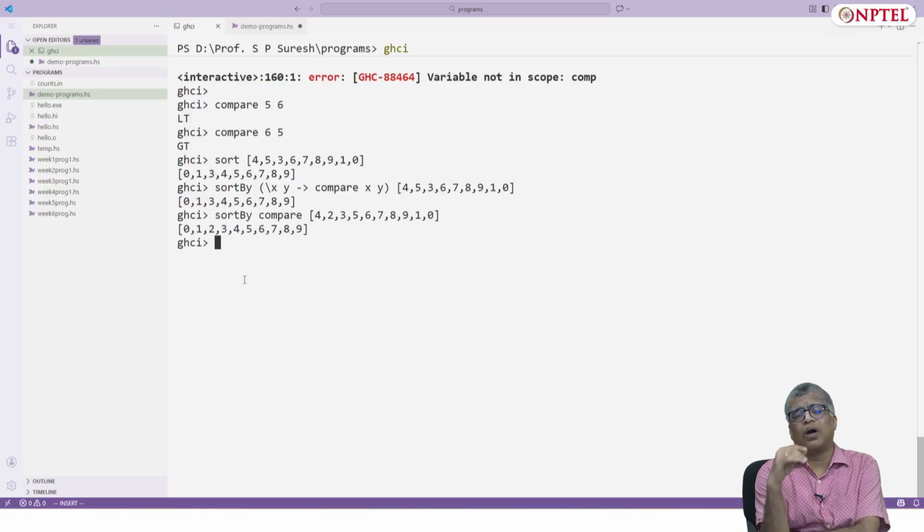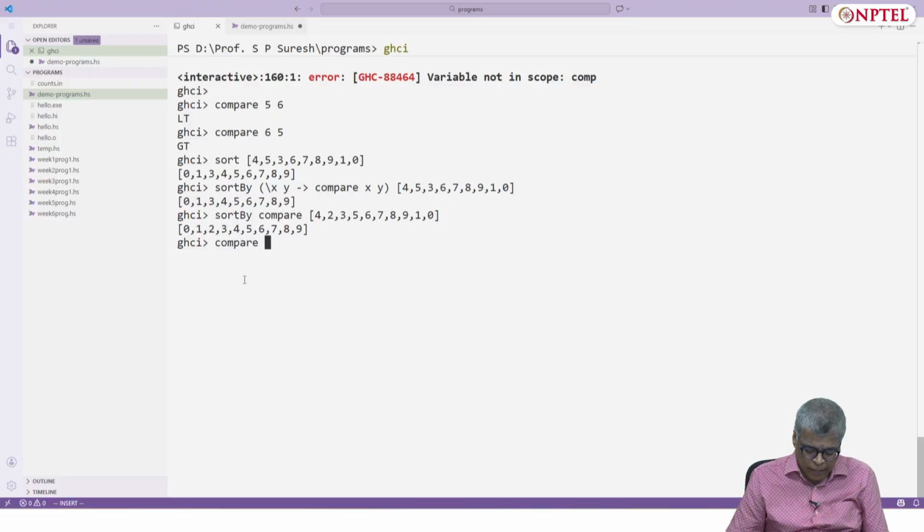So now, if I want to sort in the opposite direction, we will have to give the opposite values for each compare. If I compare x and y, if x is less than y, I should give GT as the answer. Okay, and the way to do that is to say compare y x. Suppose I take x y and compare y with x.